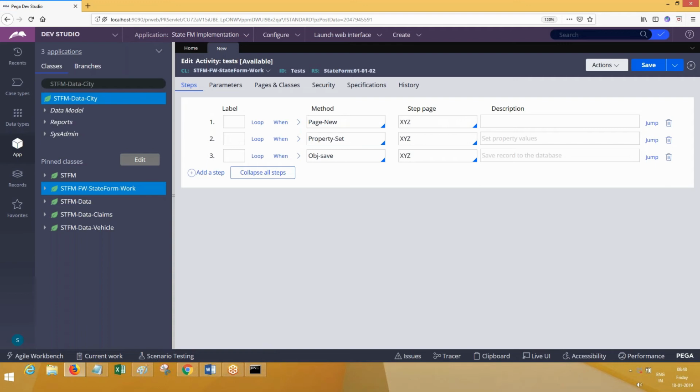But did I mention any table class name here to store the data? I didn't mention it directly. Like obj browse, where you have the table class name mentioned to fetch the data from, here I did not mention any table class name, right? So then how does the data get stored into the table?